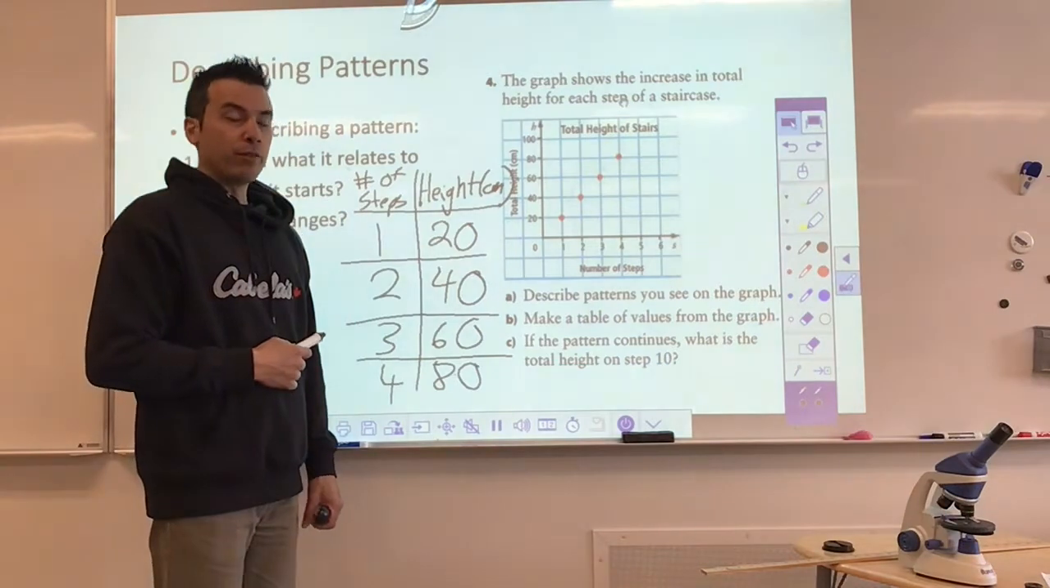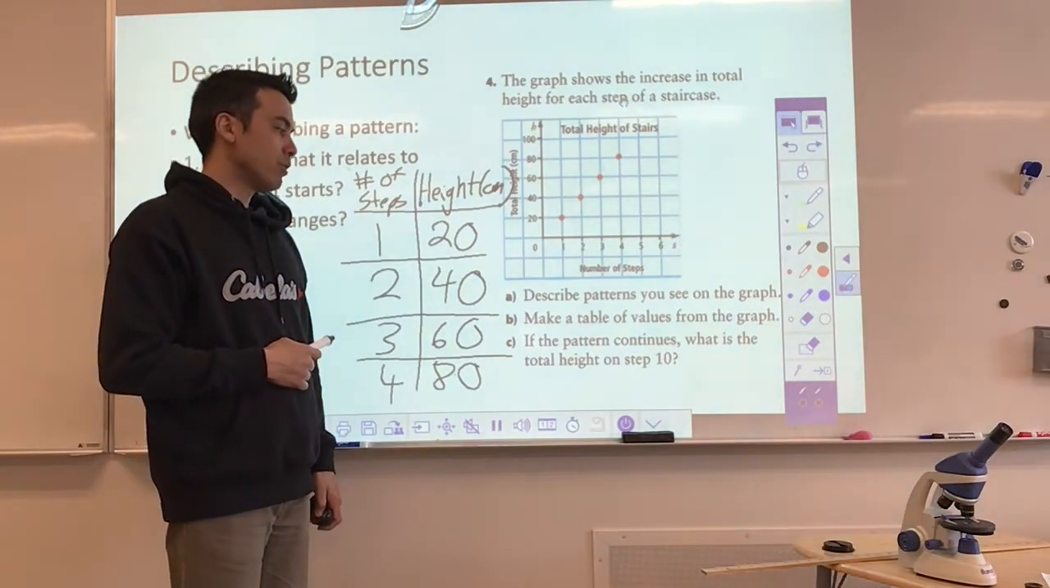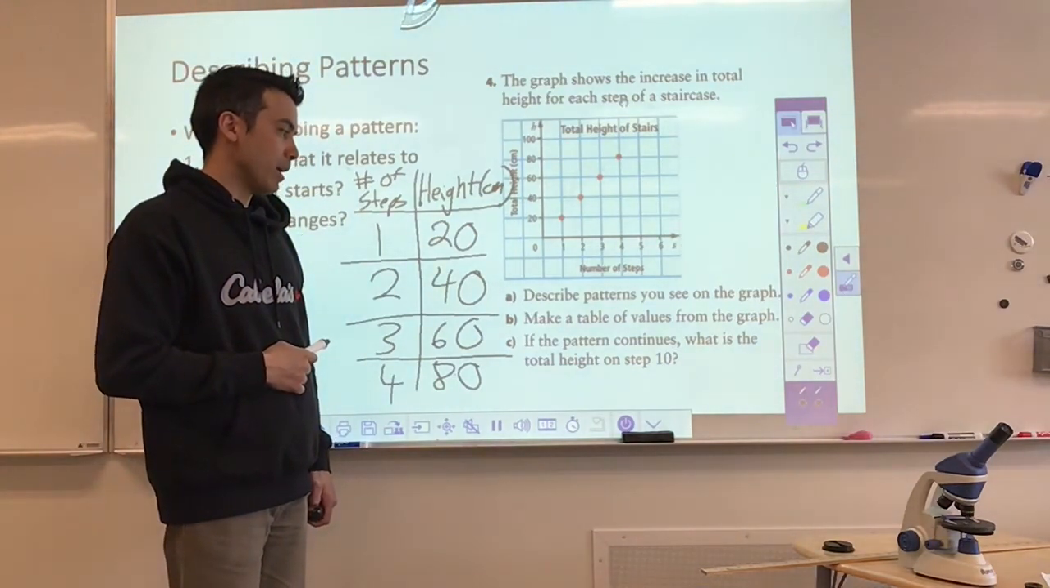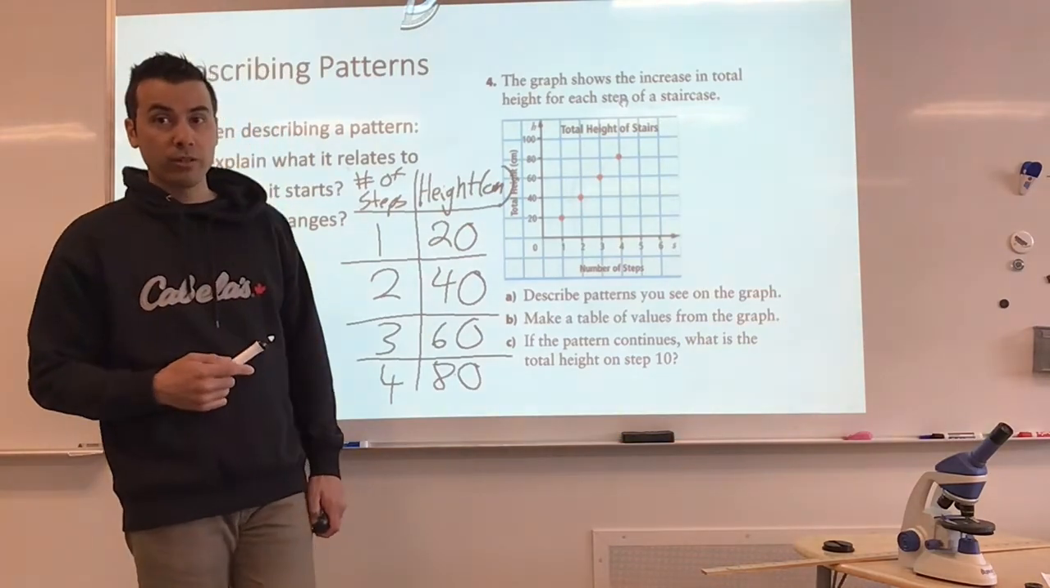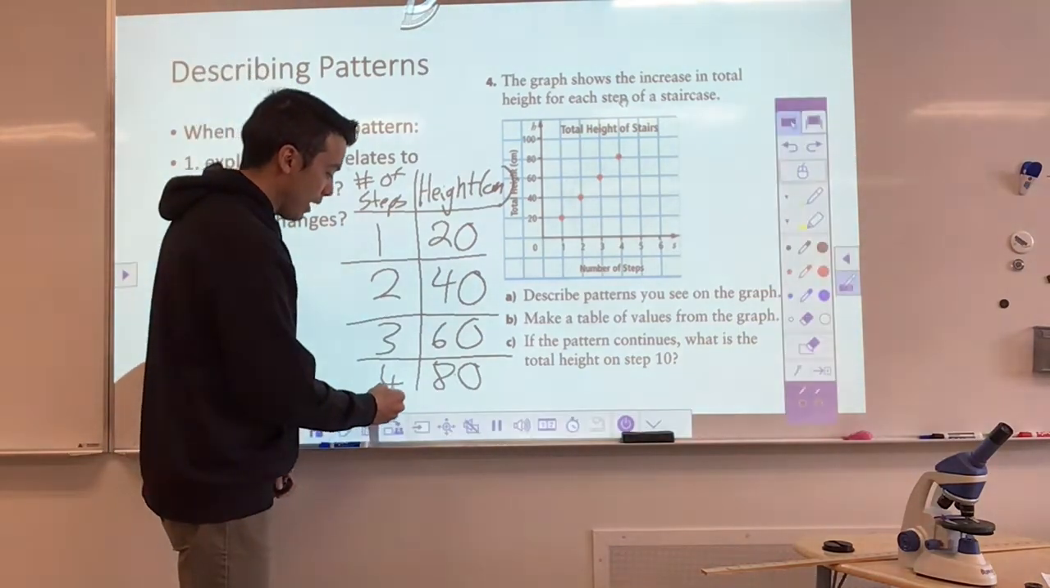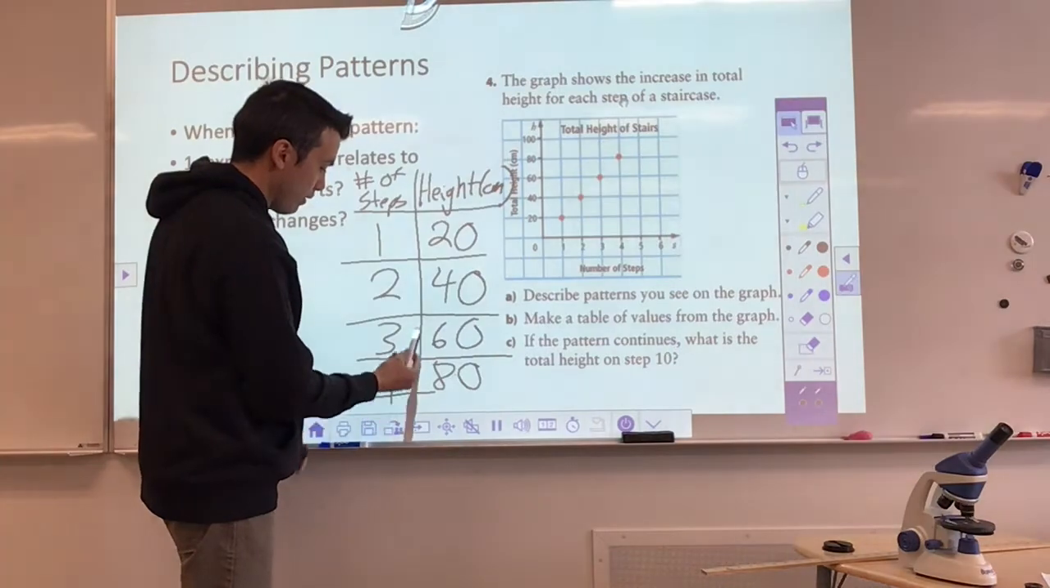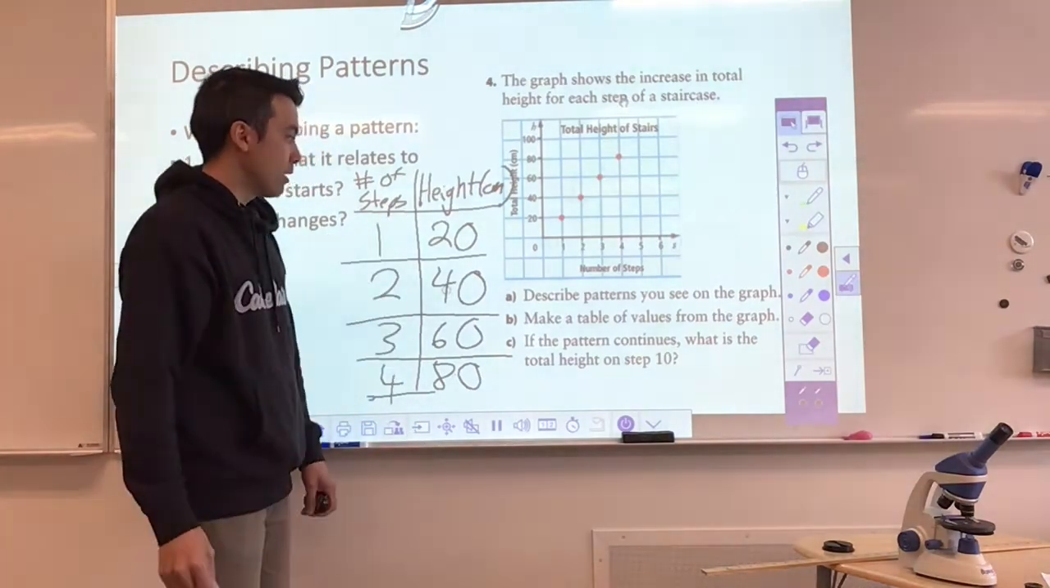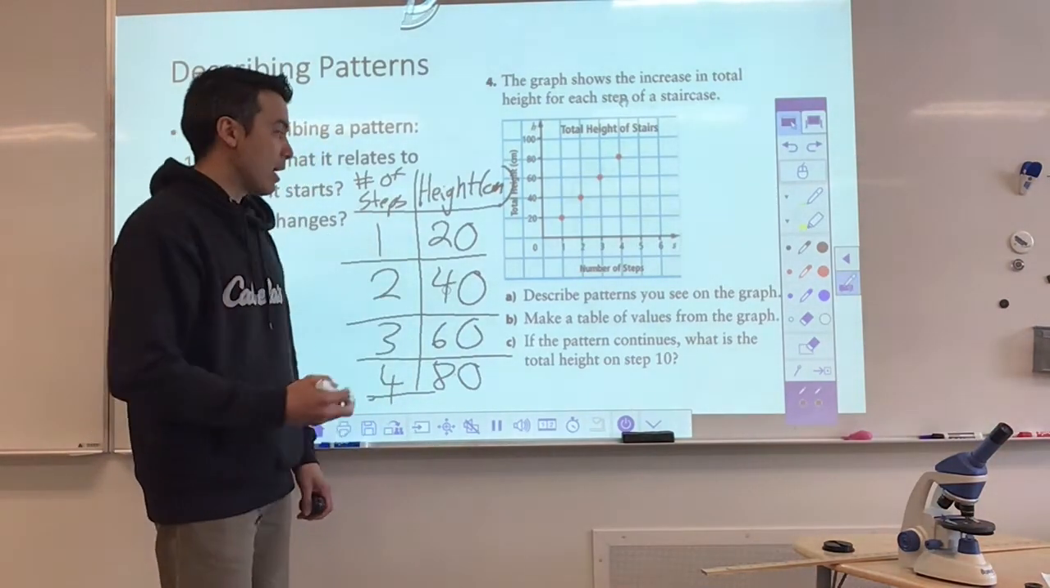Might be asked to make a further prediction as well. If the pattern continues, what is the total height of step 10? Well, it looks like there's some type of relationship. I don't have a data point there. I don't have my number of steps going up to 10. But what I notice is that